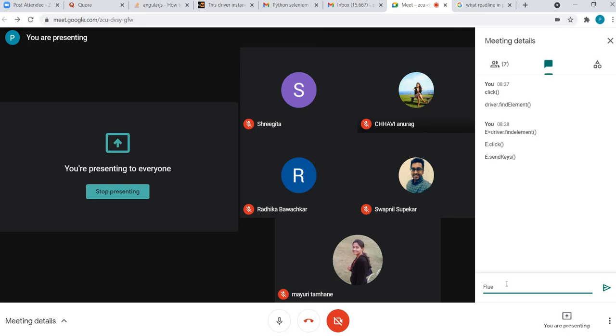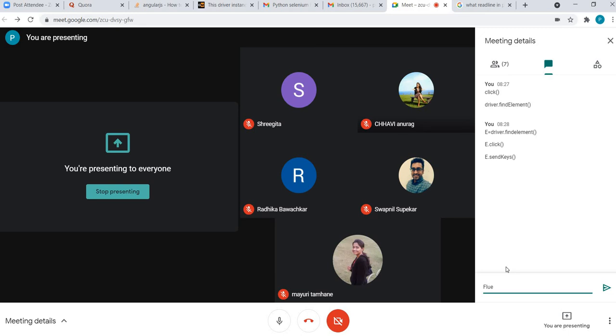So what is fluent wait? Basically, let me tell you the explicit wait first and then I'll get to the fluent wait. Explicit wait is when you want to wait until a particular element becomes enabled. It is only for a particular element, not for all.